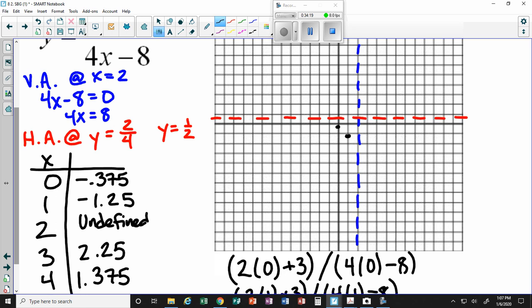2 is undefined. We got the vertical asymptote there for that. 3 is at 2.25. 2 1/4. And then 4 is at 1.375. So 1 and just over a third. So now when I go to sketch it,